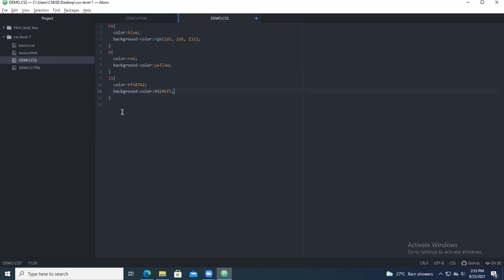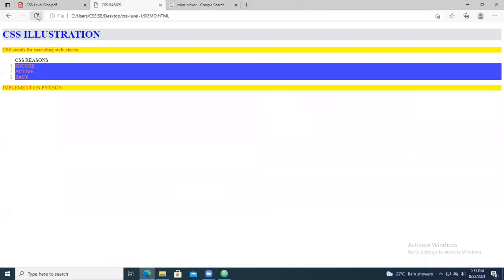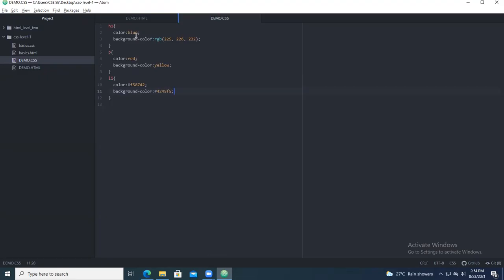Okay. So now every list item should be in this particular case only. So save the content, go for the page and refresh. Here you can see these are the list items. So list items we have taken this particular colors. Understand? So that is the main reason of CSS. So totally how many ways can you give the color? Using directly color, or you can go with an RGB value, or you can go with a hexadecimal value. So totally 3 types you can give the value for a particular color.